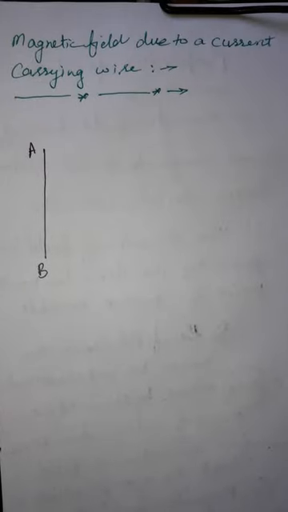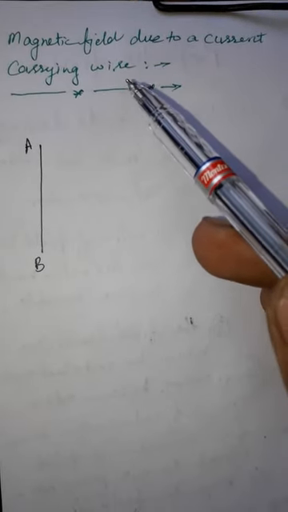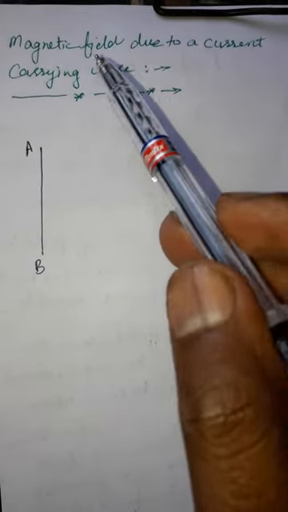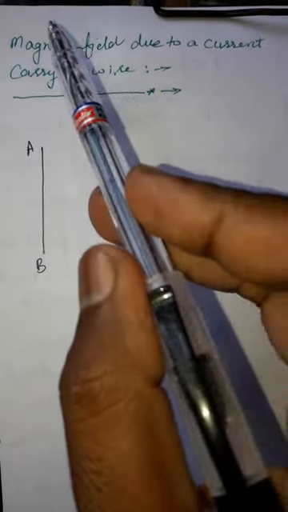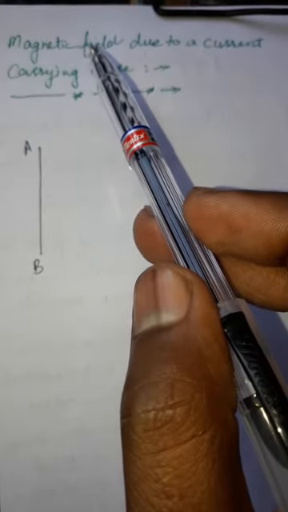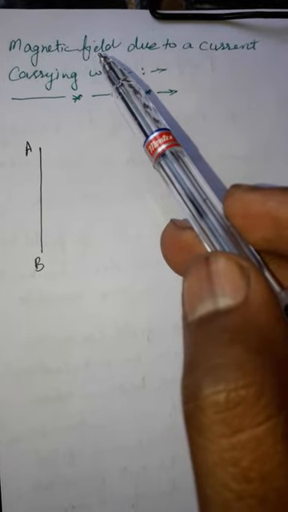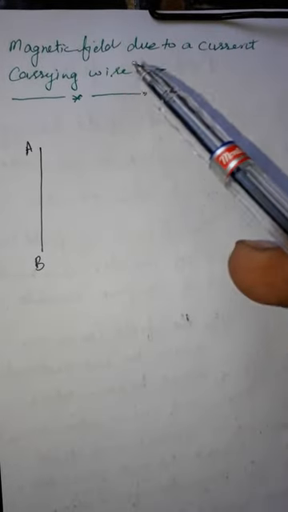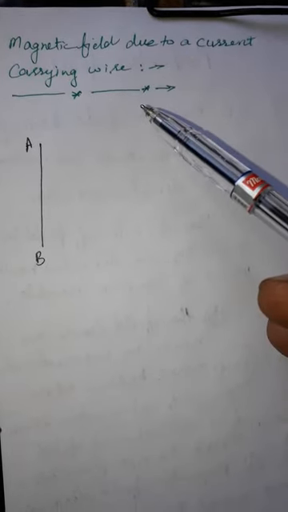Good morning, students. Our today's topic is magnetic field due to a current carrying wire. In the previous topic, we know that when current is passed through a wire, a certain magnetic field is produced. In this topic, we want to know about the nature of this magnetic field and what are the effects of current on the field. And if field is a vector, then what is the direction of the magnetic field produced here and how this direction can be found out. So let's start the topic.